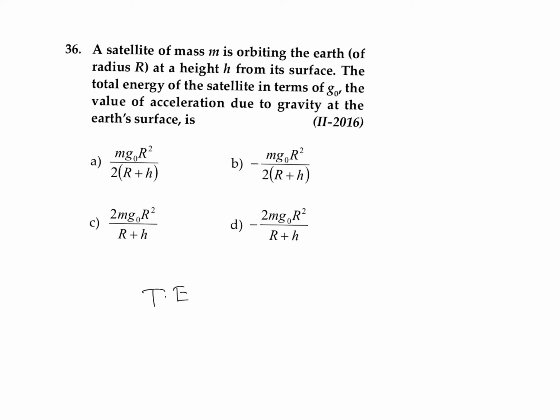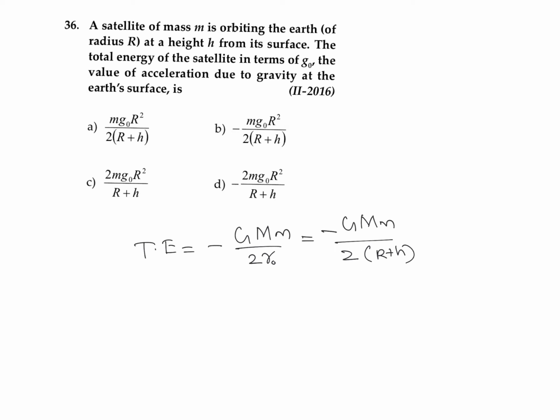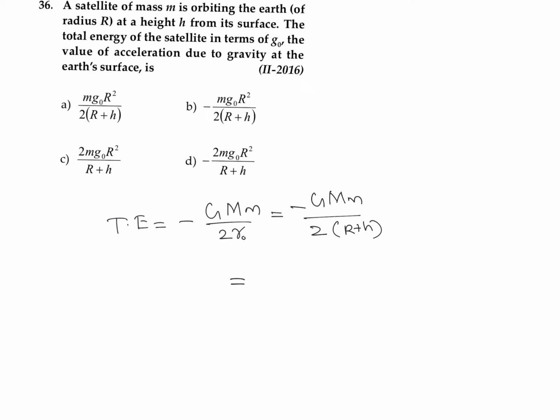We know the equation for total energy, that is minus of GMm divided by 2r or r0, where r0 represents the orbital radius. So you can write it as minus of GMm divided by 2 into the orbital radius. We can take it as nothing but r plus h, that is the distance from the center. So you can write this is equal to, but we have to write this one in terms of acceleration due